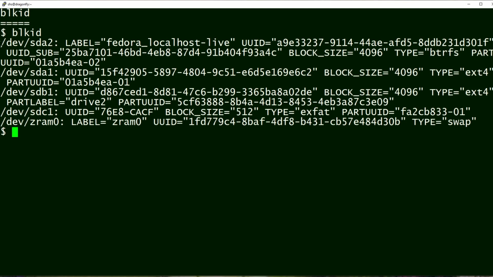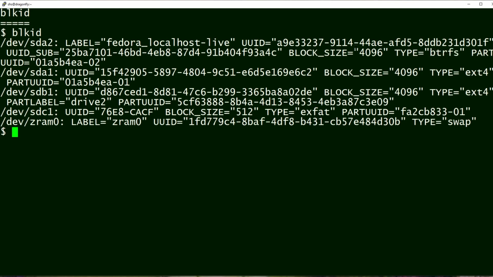I can see the partitions. I can see labels. I can see these 128-bit identifiers called UUIDs. So that's all in here. You can see them right there. We can also see the file system types. So we have some that are ext4, and we have this, which is a Btrfs, which is a new, very